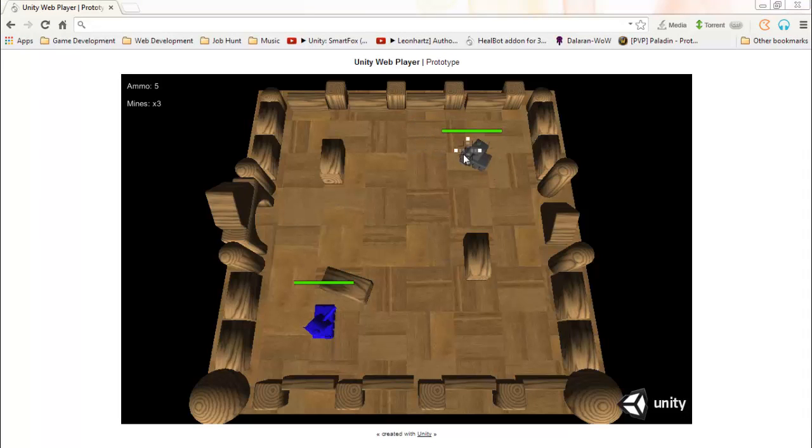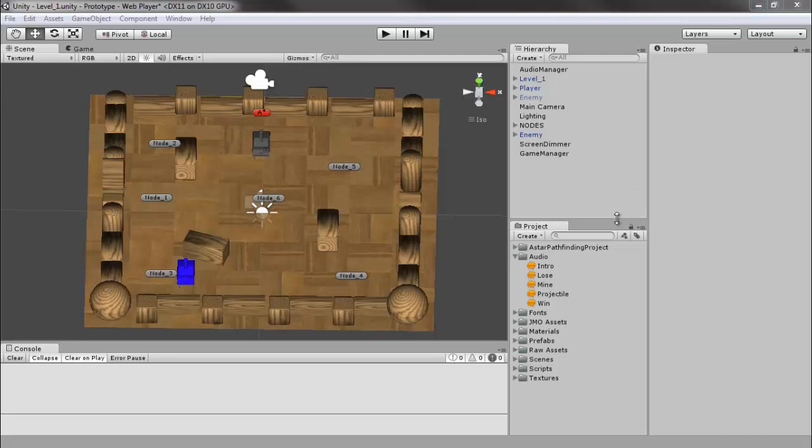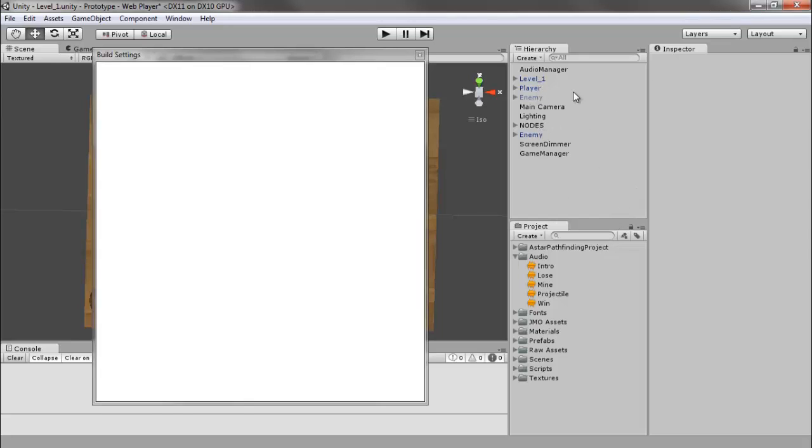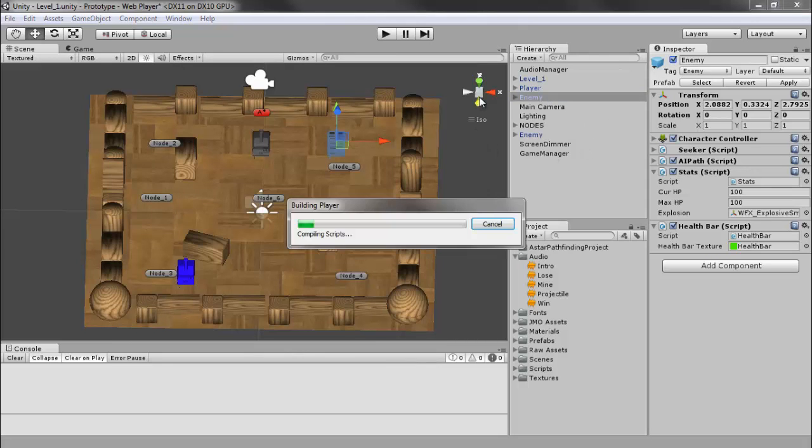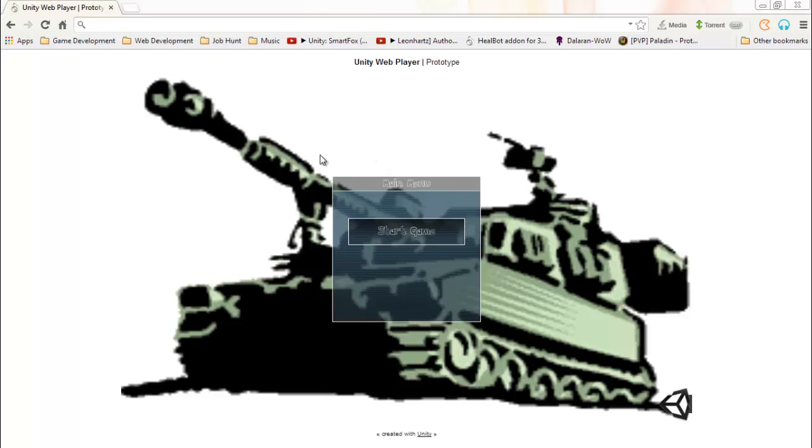I realize that I've only got one tank, so I will get out of that. And first of all, I will go ahead and get off that window, enable my other enemy, make sure everything is set right, and then just hit Control B again. I had to click on it to get it to play the music, but